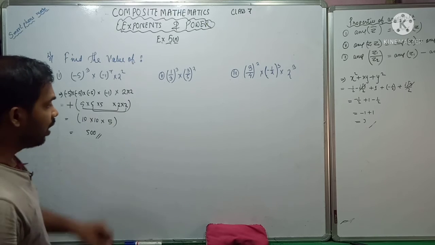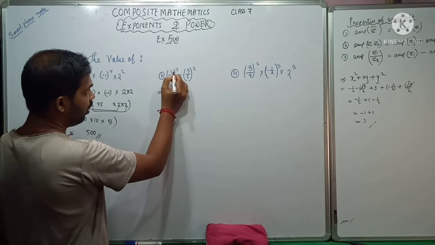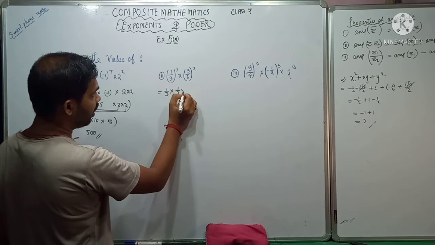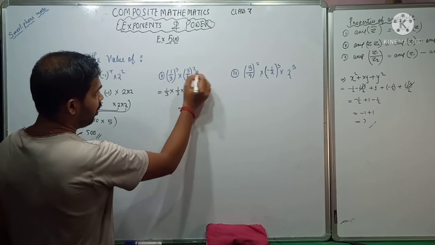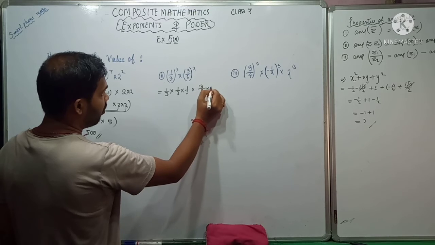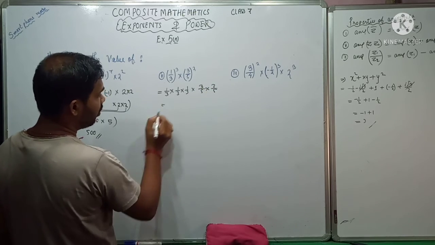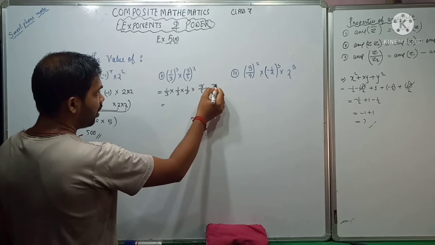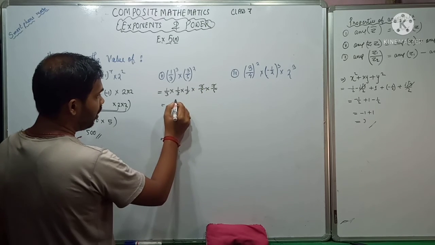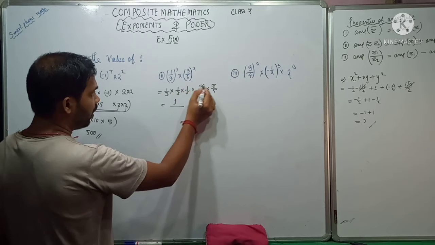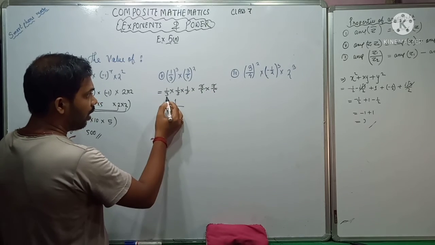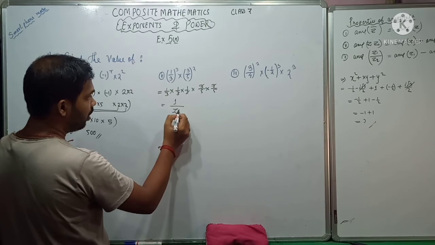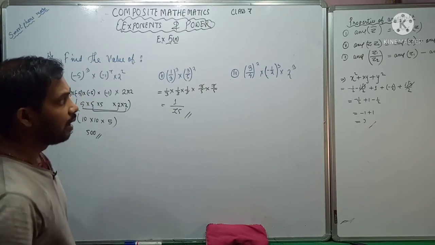Next, you see this one, how will I do it? So it is telling that (1/3) to the power 3, that means if I expand it, it will be multiplied 3 times, and if I expand this one, then it will be 3/5 into 3/5. Now it is multiplied and it is a fraction, so you can cut the numerator and denominator. So what is left, in the numerator it is 1, because when you multiply all, you will get 1 only, and in the denominator, 5 into 5 is 25, 25 into 3 is 75. So this is our result.